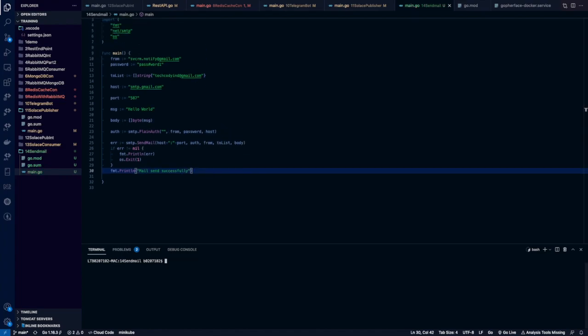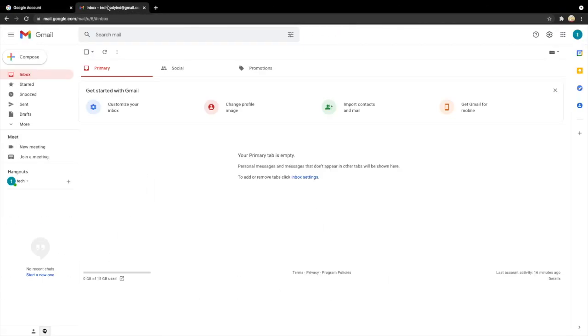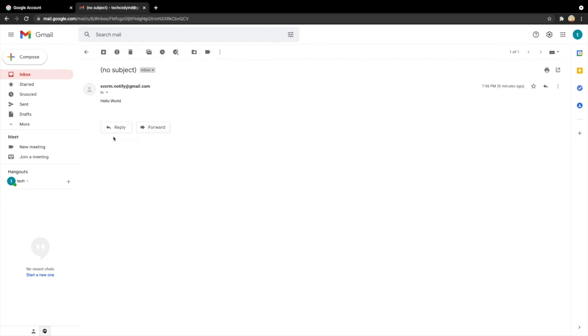Now let's do the next thing, that is, we need to execute this code and see whether we are able to send the email or not. To do that, we need to write this command on the terminal and see. So friends, you can see that the mail has been successfully sent. Now let's go to our inbox and see whether we have received the mail or not. We actually sent the email to this email ID. Right now, if we refresh, friends, we have got this mail in our inbox, and the word which we defined in our mail body is mentioned here.